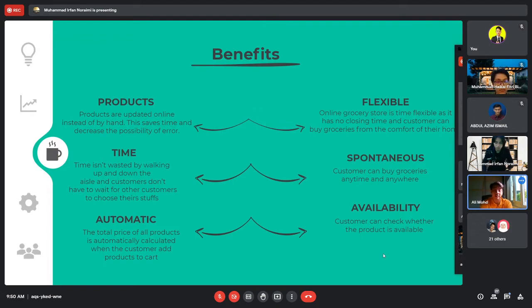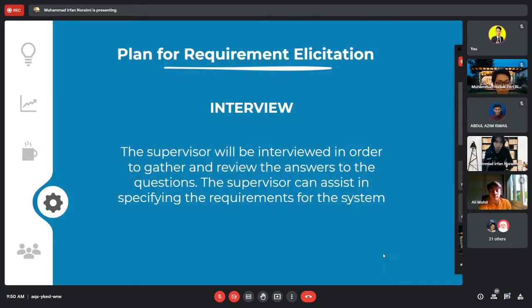Thank you. Next, I'll give it to Haikal to talk about the time required for the interview. Okay, for the plan for the requirement elicitation, we use two techniques. First is interview, and the second